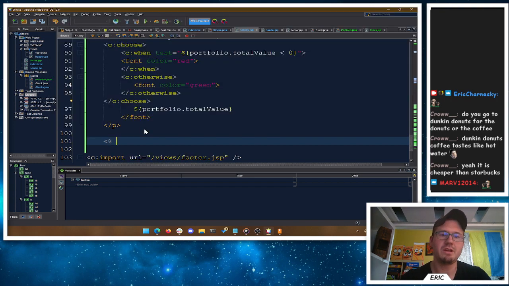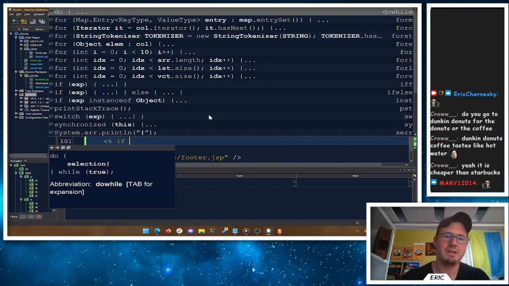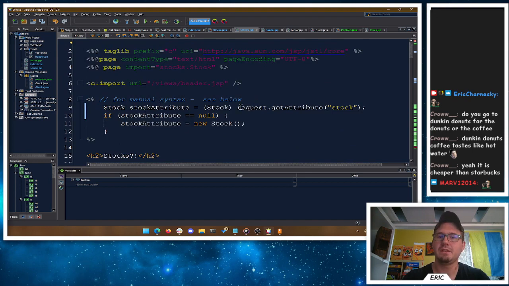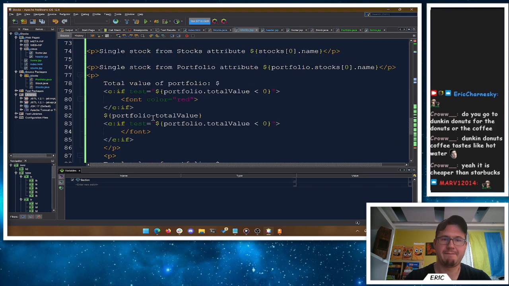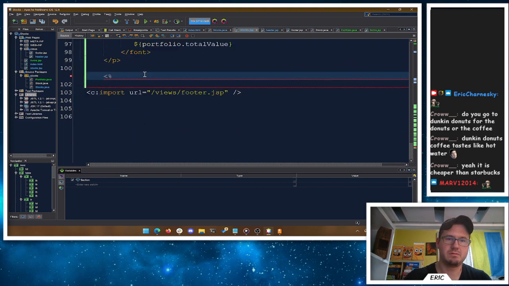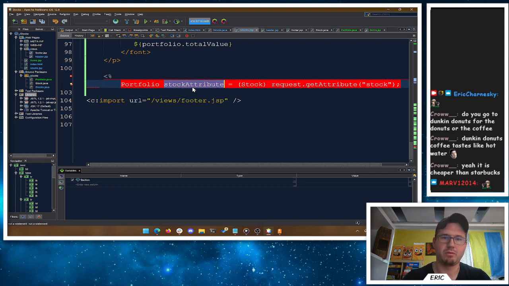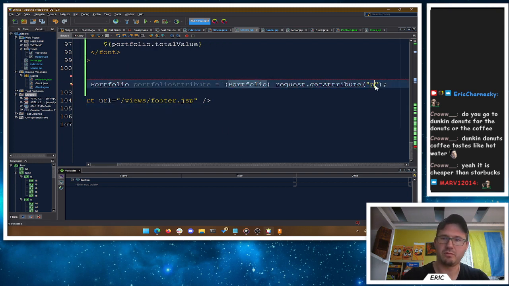So we would say, okay, let's start a code block. And then we'd say, hey, if our, now I can't use portfolio here. I can't use expression language inside of code. So I have to go back to getting an attribute, right? So we'll go get the attribute out in our code block. So this is going to be a portfolio. This is my portfolio. Attribute is a portfolio. Oh goodness. Of get attribute portfolio